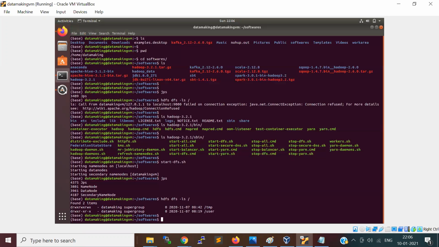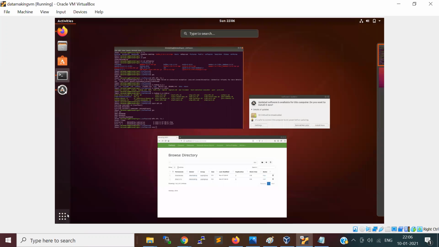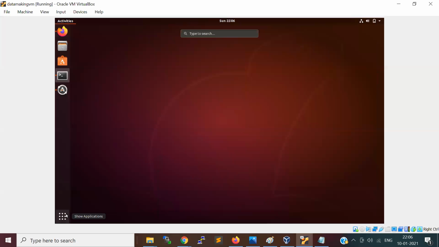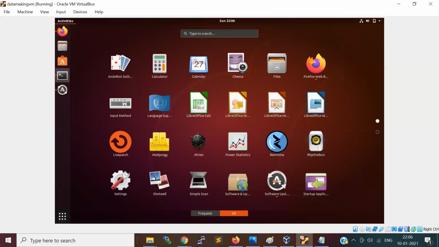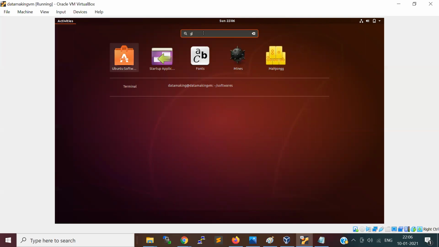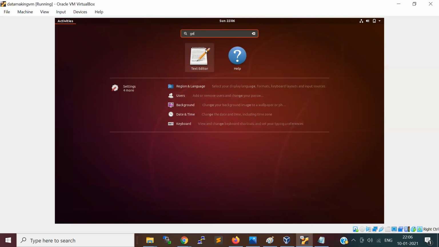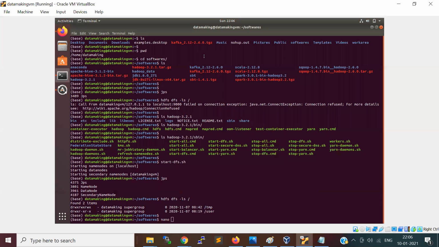Now what we'll do is create one file. There is an editor called Nano, or you can use a text editor also. If you go to this, you can type gedit, I guess, right? Yeah, this is a text editor like Notepad in Windows.